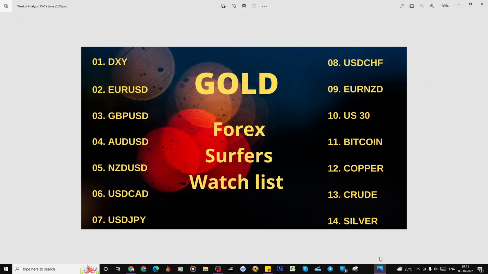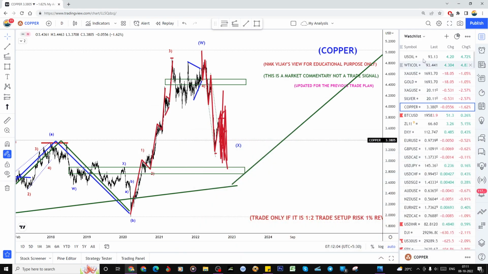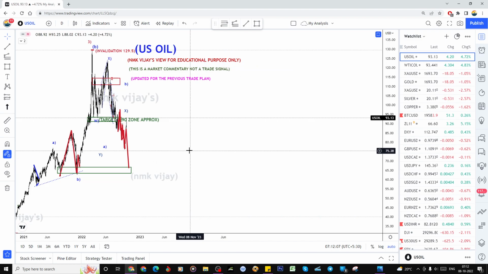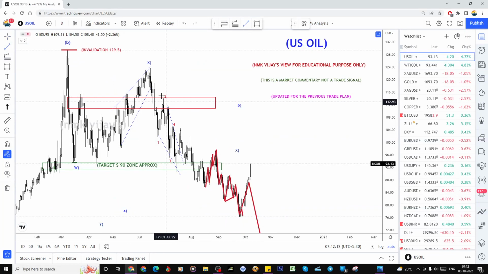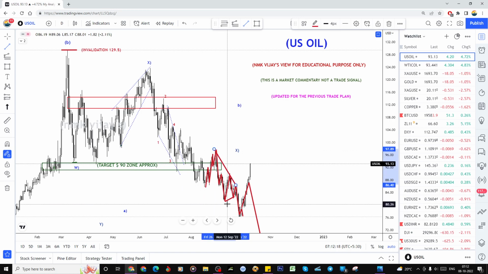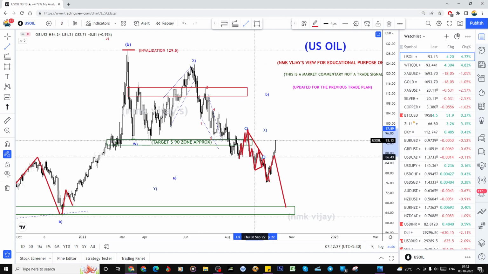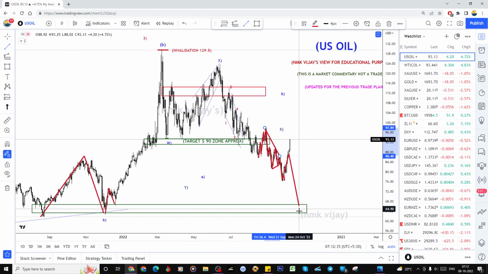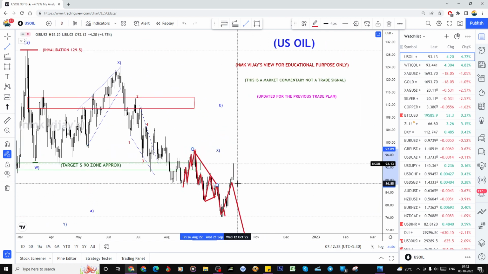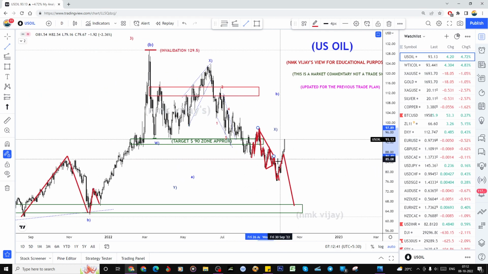So let's move on to the next, crude oil. It's a beautiful trade. Yes, look at this. I informed you this could be the 1, 2, 3, and this could be the triangle. So 1, 2, 3, 4 and 5 could be right. So this could be the 1, 2, 3, 4, 5. So this could be the impulsive wave, or sometimes it can be this kind of A, B and C, one more wave to the downside. But expecting this, I haven't done anything, right? I'm just keep on watching here